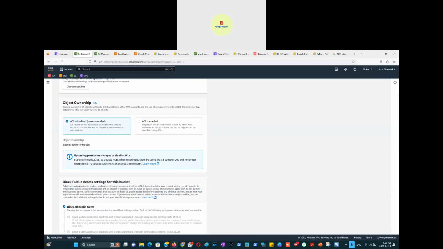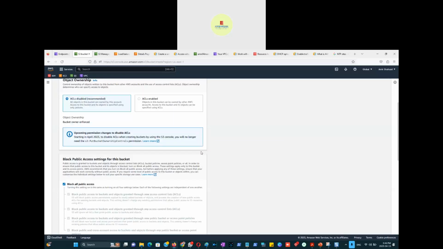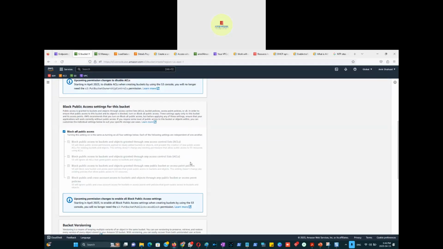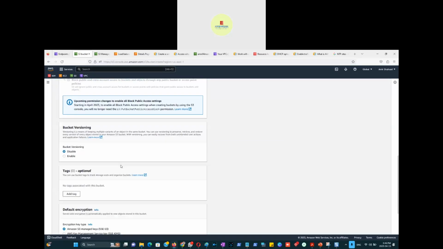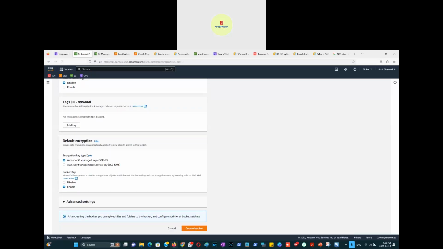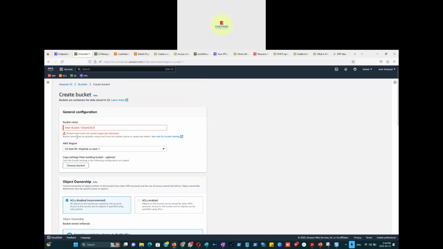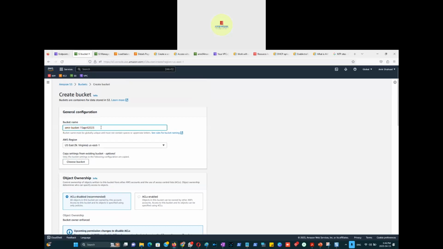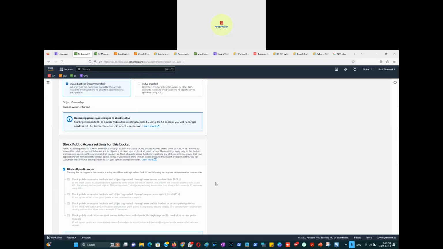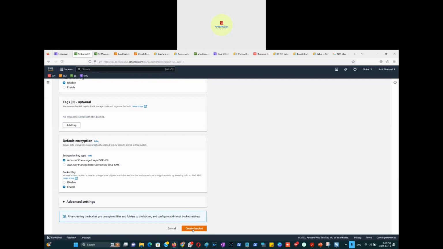Now, ACL is disabled, recommended, ACL is enabled. I'm going to go for the default ones. Block all public access, disable versioning, default encryption, everything default, nothing changed. I go create bucket. Oh, okay, bucket name must not contain uppercase. Ouch. So I remember that I have the public access blocked, right? If I go create bucket